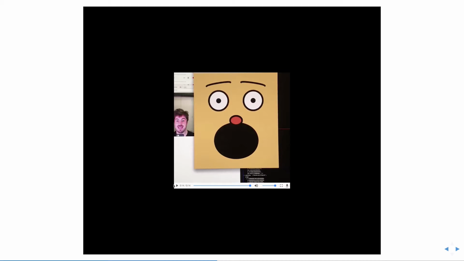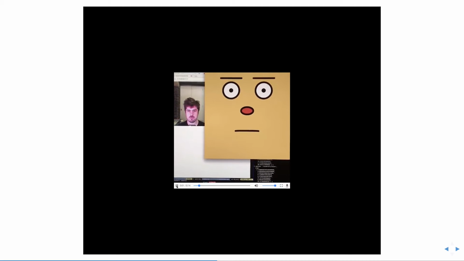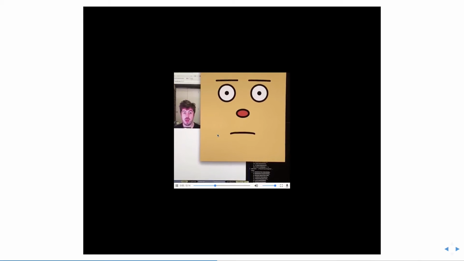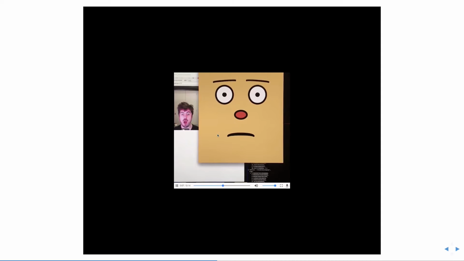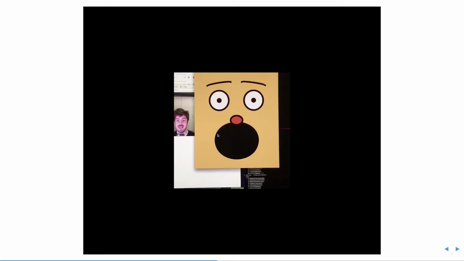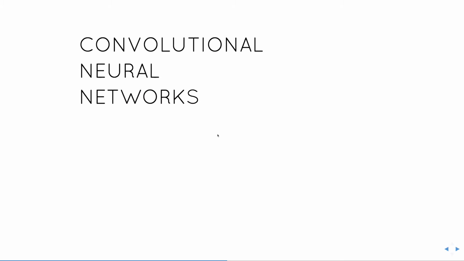So that's what you're seeing here. It's a work in progress, so I don't have anything better. But I'm making pouting faces and happy faces, and the face is responding to my gestures. Hopefully somebody will commission me, and I'll put this somewhere where you guys can go and play with it. So yeah, all right.